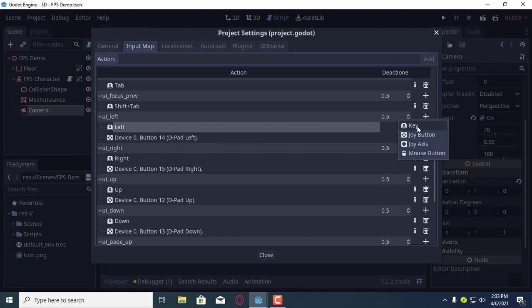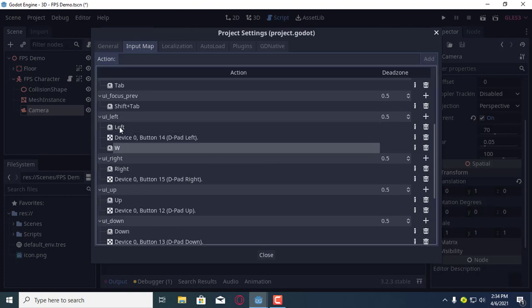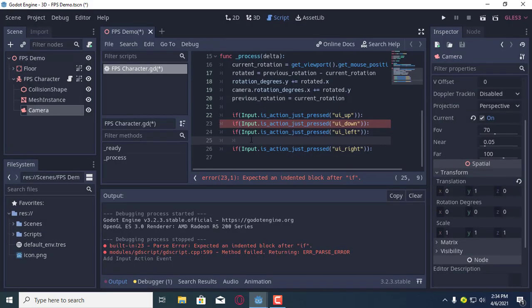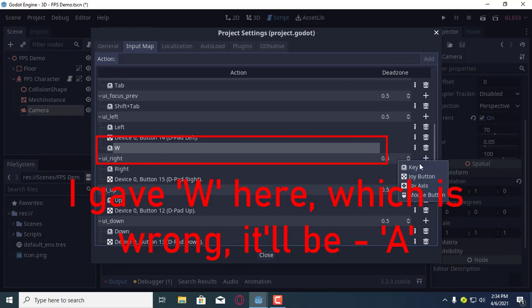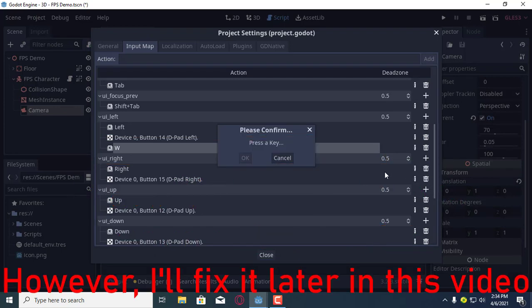Let's press this plus icon and press this key. It will read for a keyboard key to press, and it will map it, and when you press this key, this UI left will be called, and when it is called, we want our player to move left, and we will do that by putting things under this if statement. By that we are going to be able to make the player move. UI right,